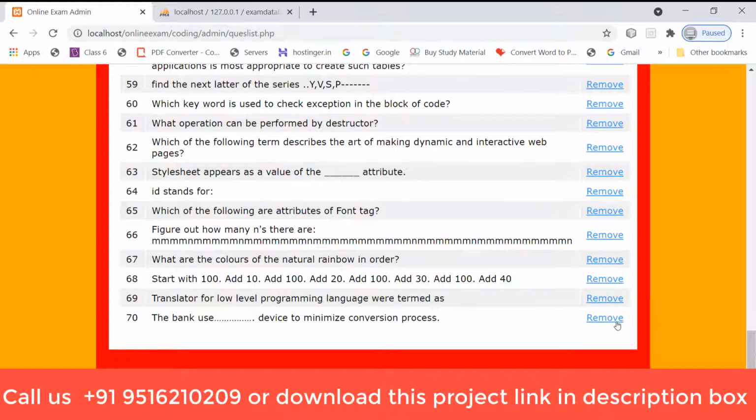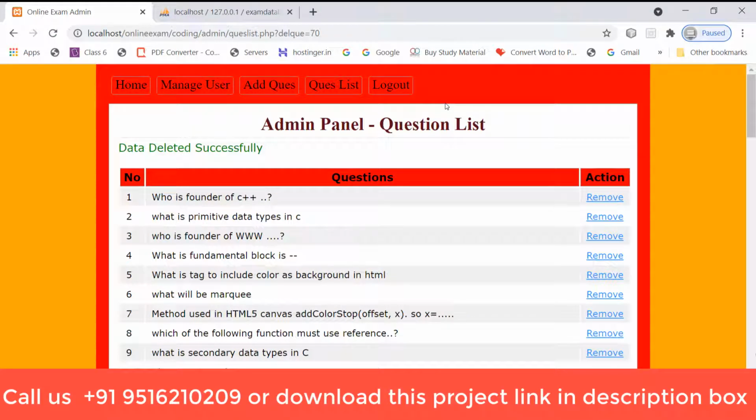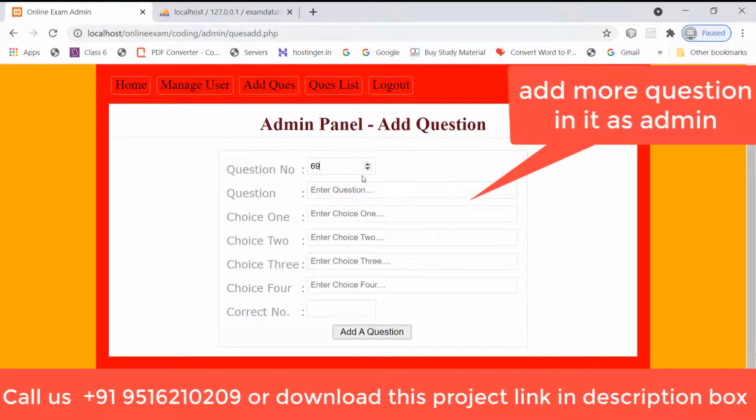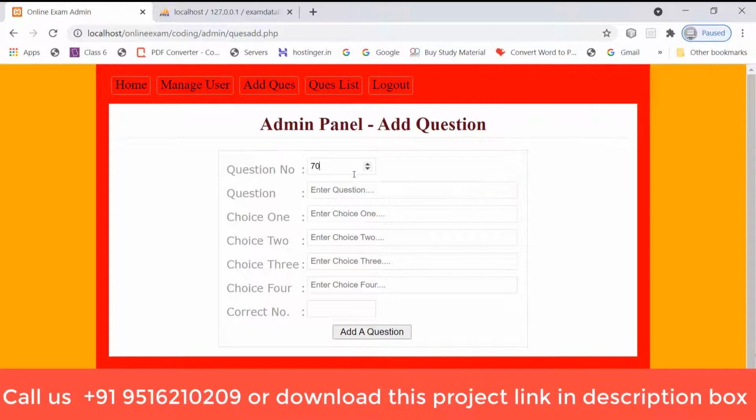Now if you want to remove the 17th question, or you can add, you can remove from here. So I am removing question 17, yes, and I have removed it. Now the count is 69.